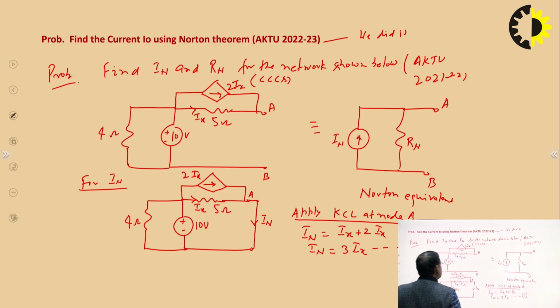It is better to write Ix dash because we have modified the circuit. So this is 3 Ix dash. Now look at here. We have placed a short circuit here. So this 10 volt voltage source is appearing. So in this circuit